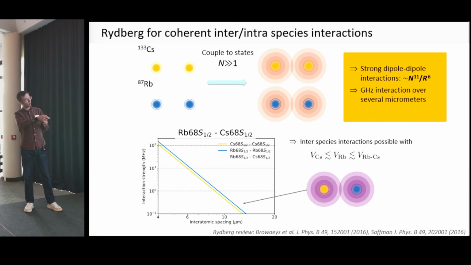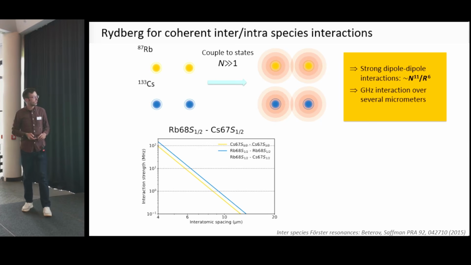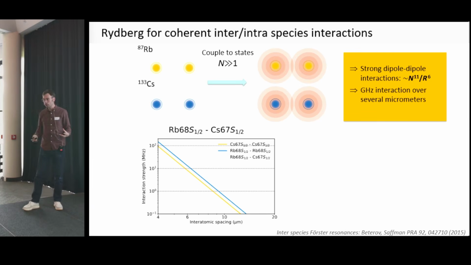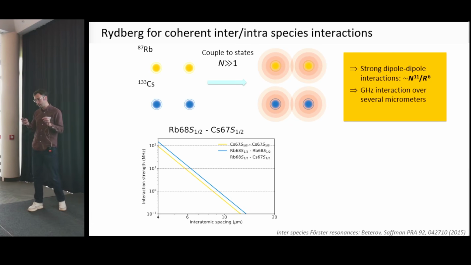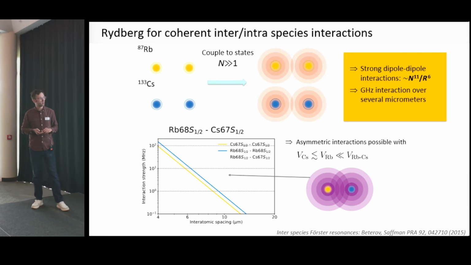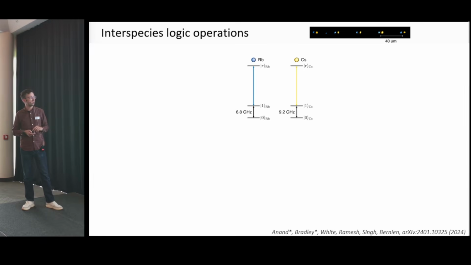Basically by choosing which state you work with, which you can freely choose now, you could choose 2 times maybe the 68S state. Every interaction would be very similar. But the nice thing is you can freely choose also different states. And okay, this is now a pity because here you would see a curve that actually kind of really extends here on this logarithmic plot, where now the interspecies interactions can be strongly enhanced. So you can get maybe orders of magnitude stronger interaction between the species because of so-called Förster resonances that you can nicely tune and find between the species. And this is a really interesting regime because here you could use one atom to control many around them. You could do native multi-qubit gates and also stabilizer measurements very nicely.